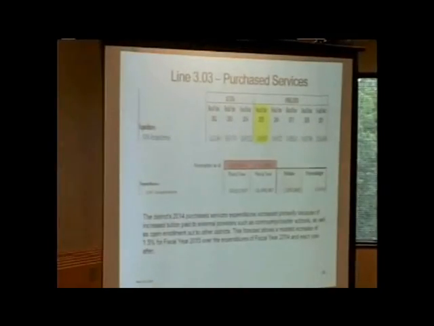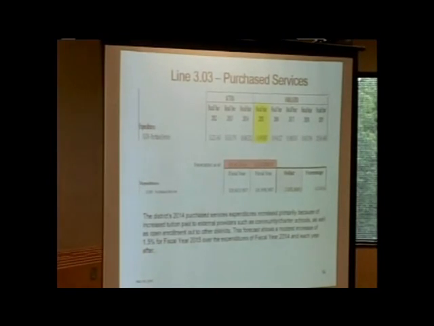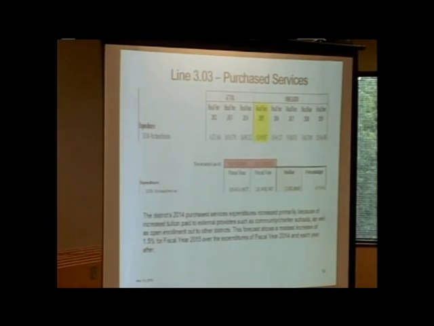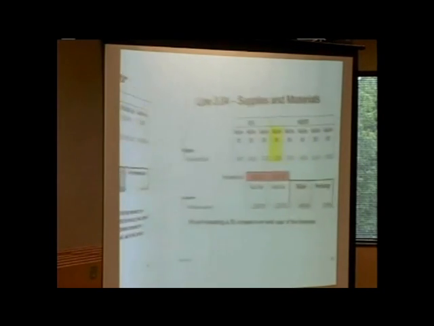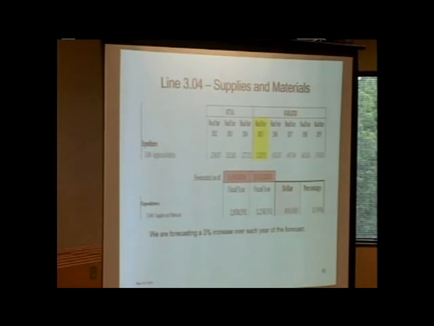Purchase services, we're within $105,000. There's not a whole lot to say in there. We assume about a 1.5% increase every year. We're pretty much on track for that one. Supplies and materials are up this year. Really the biggest thing I could find in there was we did purchase more workbooks for our students this year. And so I think those changes have us up a little bit right now.